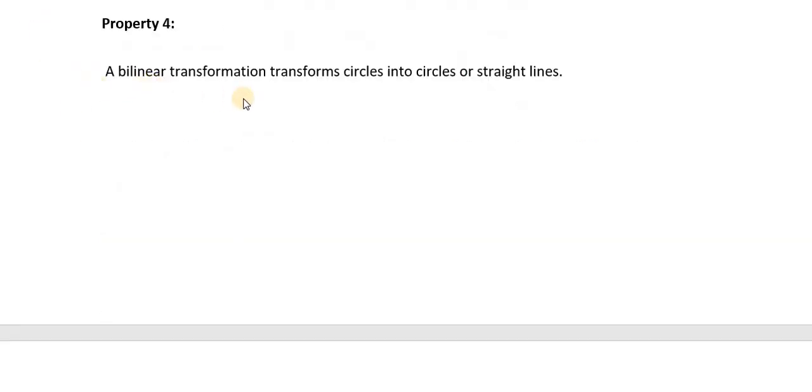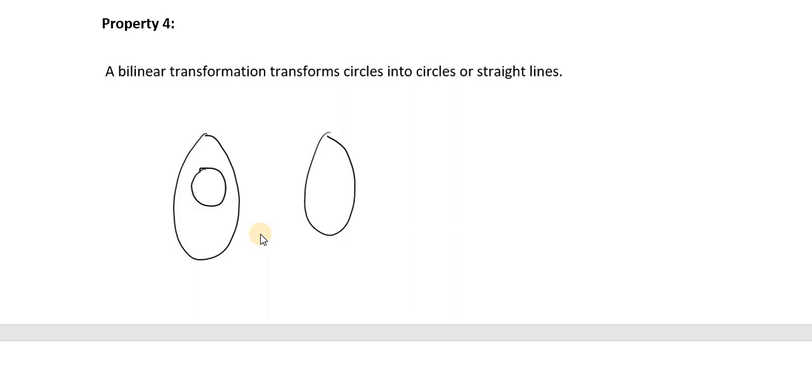Property 4. A bilinear transformation transforms circles into circles or straight lines. Observe, if the transformation is bilinear and the Z-plane contains one circle, that circle is mapped to a circle. That means the circle contains so many points. If I consider this point, the image of this point is this point. Like that, I can find all the points' images. Then we are going to get these points. Join those images, then we are going to get a circle. This is also possible, or